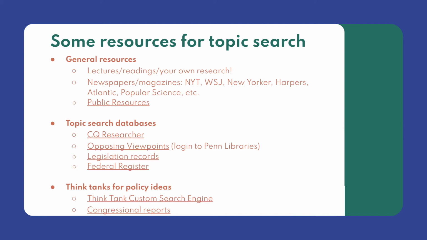And the Federal Register also keeps good records of legislation and other materials that you might find useful when you go about your topic search. And last, for some policy ideas, I know policy ideas might not be as trivial as coming up with a topic, so there's this custom search engine that you can use that combines a bunch of think tanks into a database that you can search, and some congressional reports to read up on